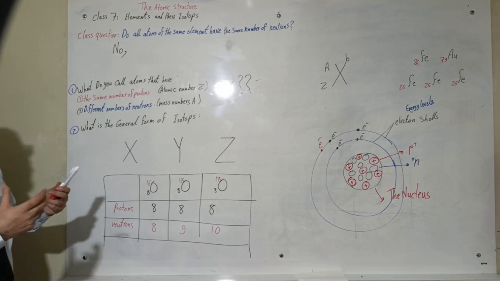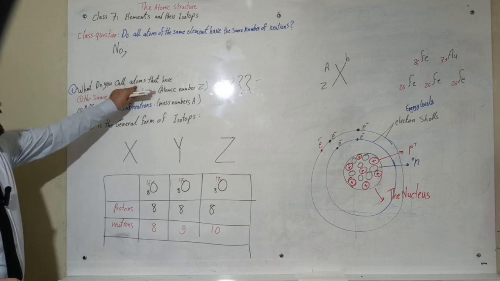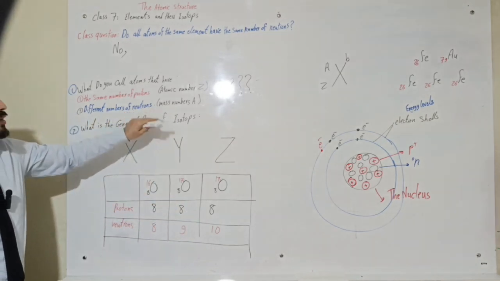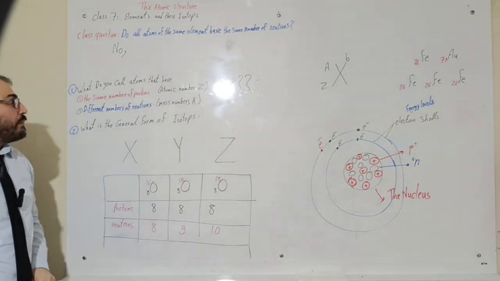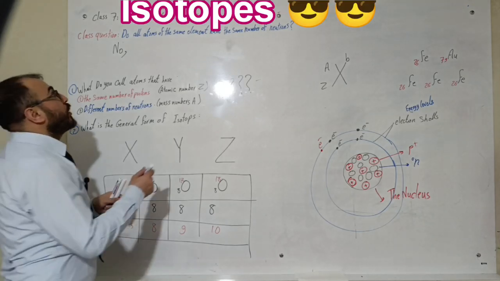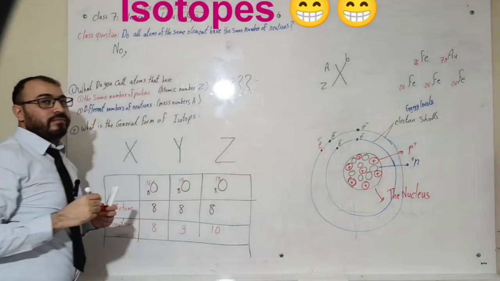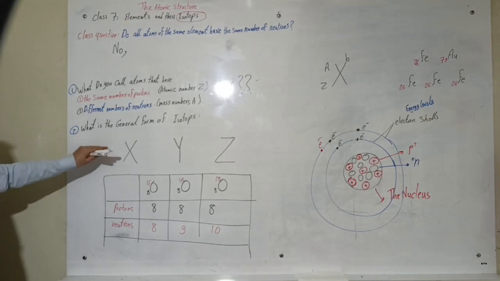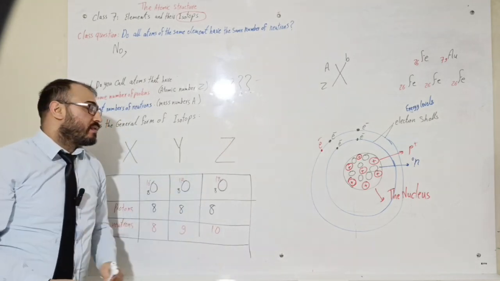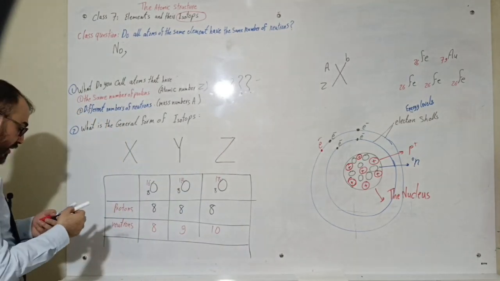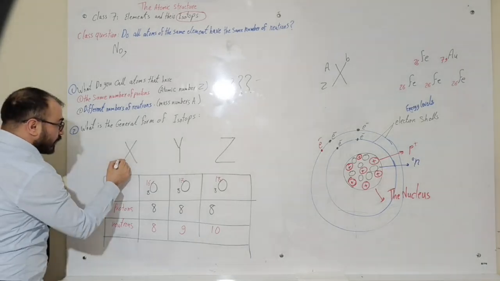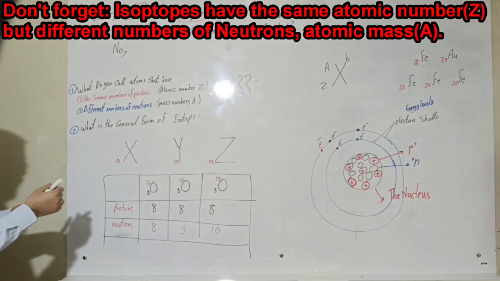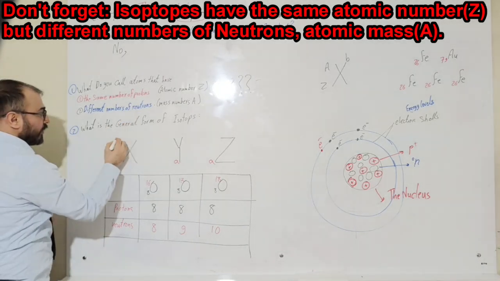So what do we call this phenomenon? What do we call atoms that have the same number of protons but different numbers of neutrons, or different mass numbers? Actually, we call them isotopes. And the general form of isotopes is X, Y, Z, and we can use other ones if we want, but we here should concentrate on this fact that all of them have the same number of protons or atomic number, but they have, for example,